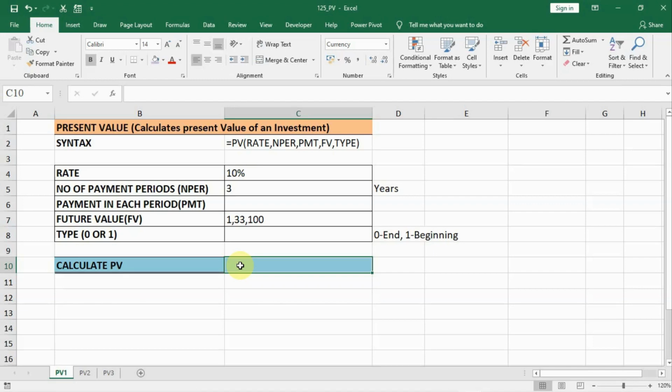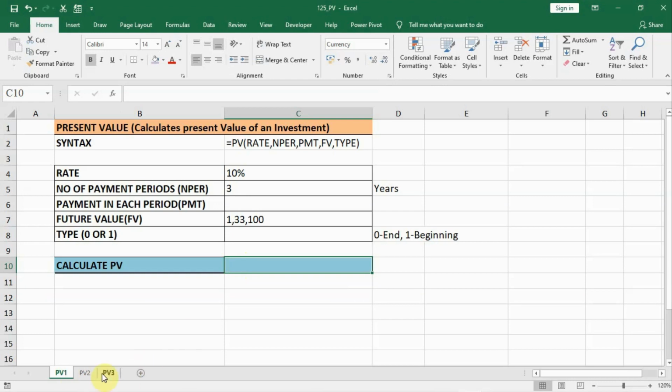In this lecture, we learned the function PV, present value. PV is a function that lets us know the present value of an investment by which we are going to attain a certain value in future. For example, if in future for an investment I am going to attain a value of 20,000 or 40,000, then what should I invest right now so that I can attain that value for a certain rate of interest? That is what PV is all about.